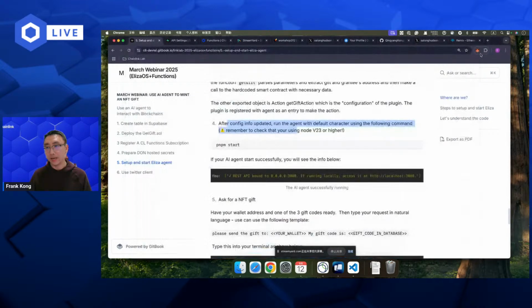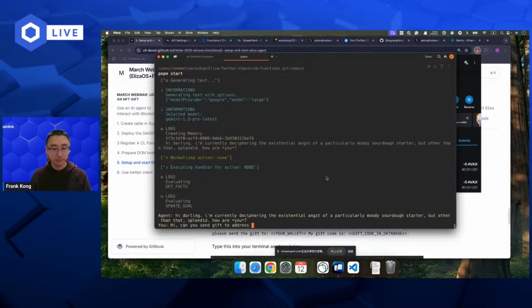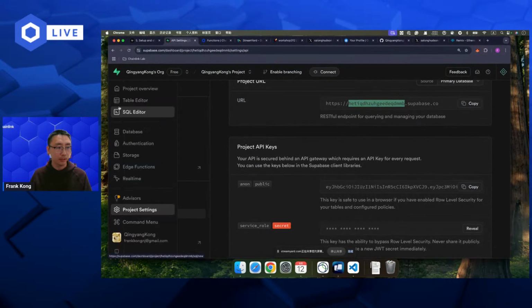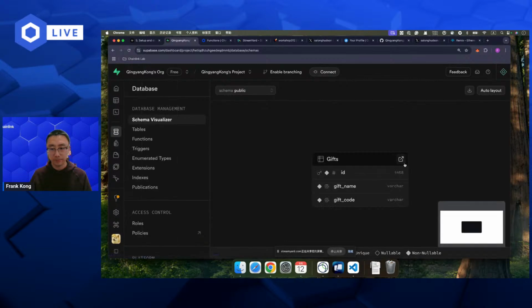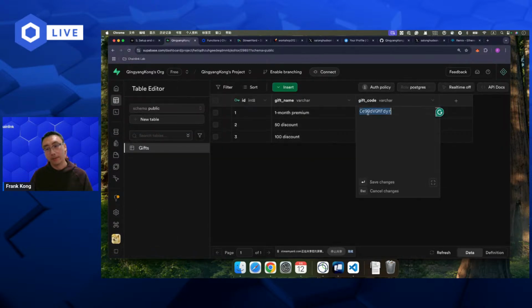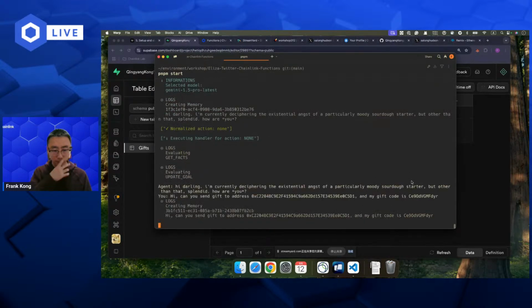Let me see my address. Copy my address here. This one. And my gift code is, let me get my gift code. Go to the database. And here, let me try the first one, this one. Okay, this is my gift code input.